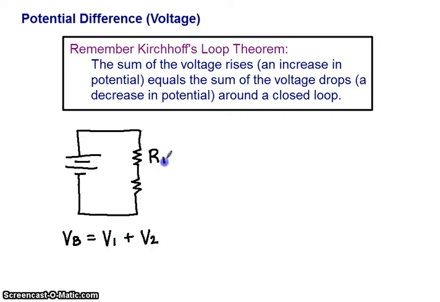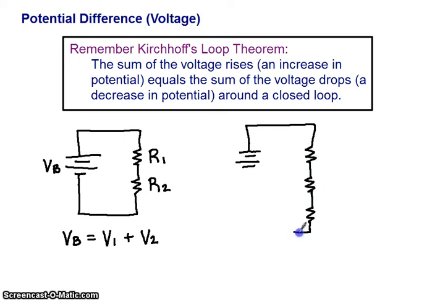So we can call this resistor 1 and this is resistor 2. This would be the battery, so it would have a voltage total for the circuit. So the battery would be the rise in voltage, and across each of the resistors would be a drop in voltage. So if we had more than two resistors in series, like this,